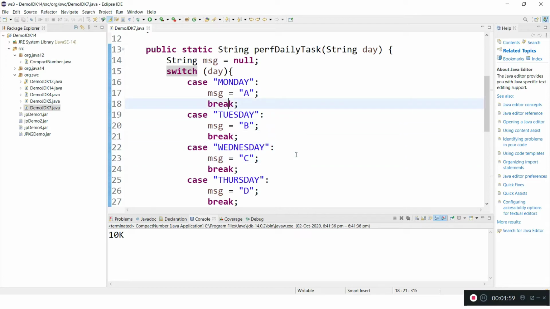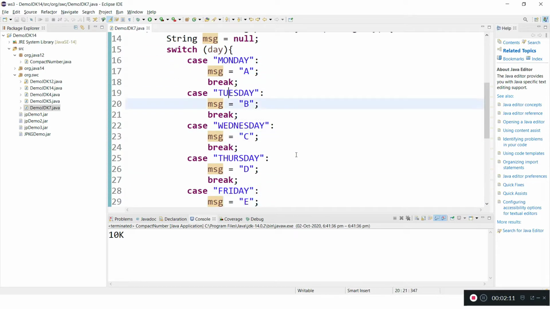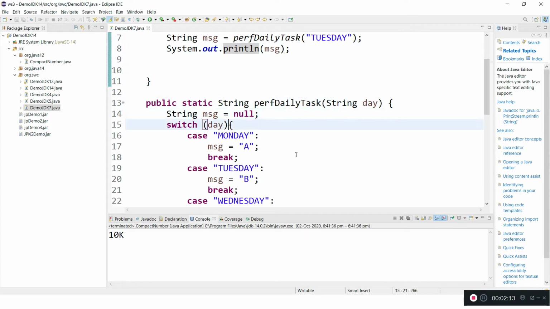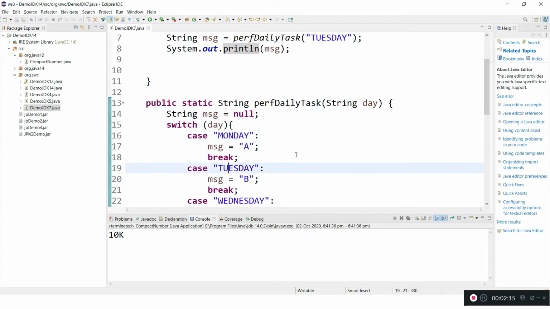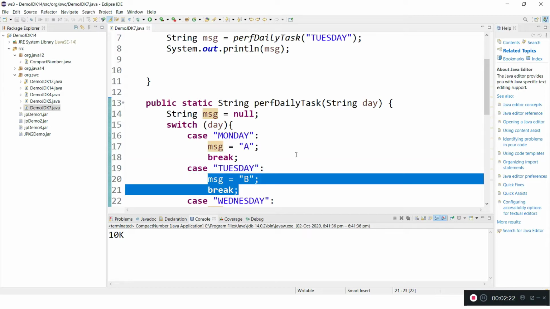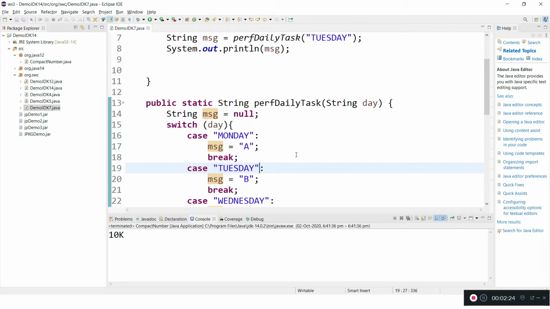Here the problem is we cannot return any value from a case. If you want to return, there is only one option. You need to capture that value, and finally you can return that value outside of the switch. But inside the switch cases we cannot return any value. And let's say I want to execute the same logic for multiple cases or multiple labels, like Tuesday, Wednesday, Thursday.